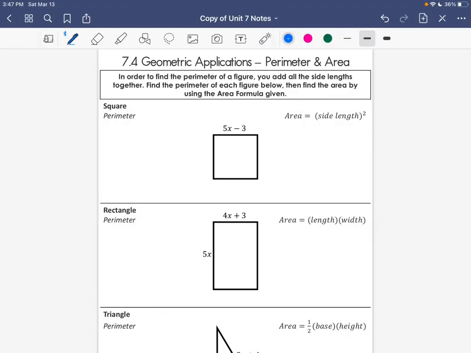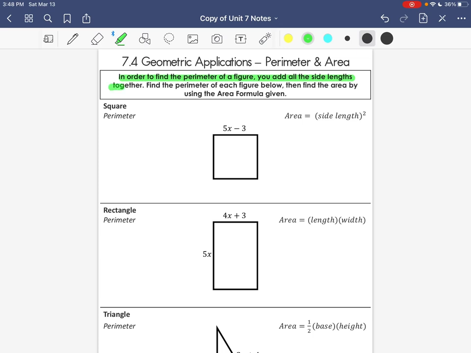All right, so this video is over 7.4, geometric applications, a place where we use multiplying binomial times binomial, binomial times monomial, binomial times trinomial in geometric applications. So if you look at the directions here, in order to find the perimeter of a figure, you add the side lengths together,